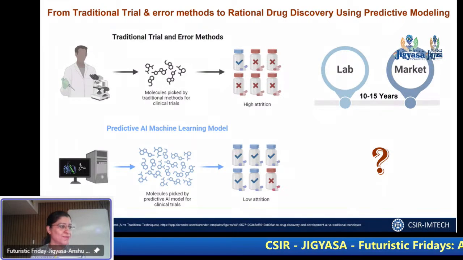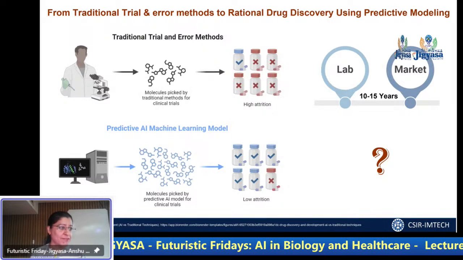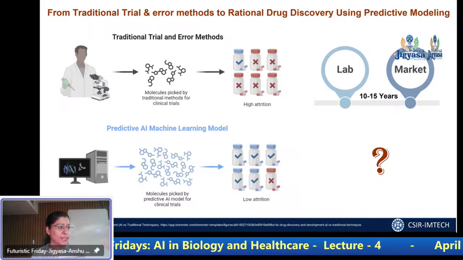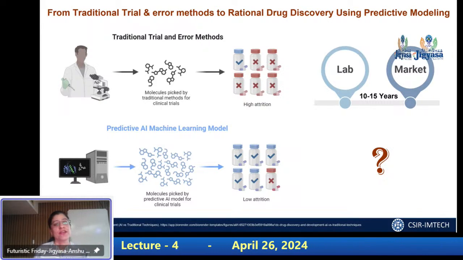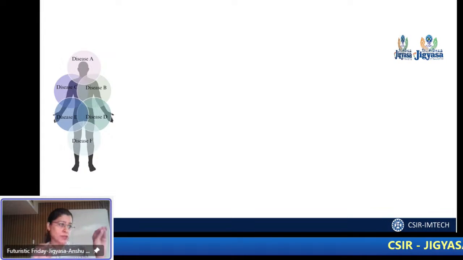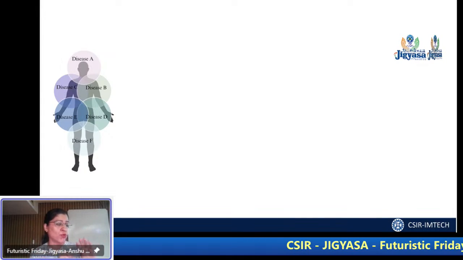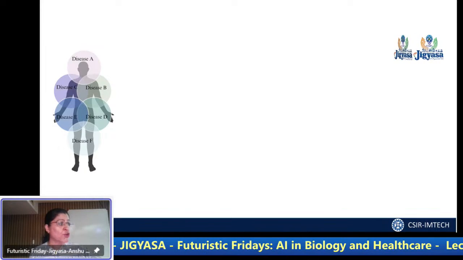When do you take a medicine? To cure sickness, right? Which means there is a chemical compound that you eat and it makes you feel all right. Okay. So when a drug discovery process happens, drugs are not discovered randomly, as in it's not something that you can just say, okay, this is a drug, because then you go to a